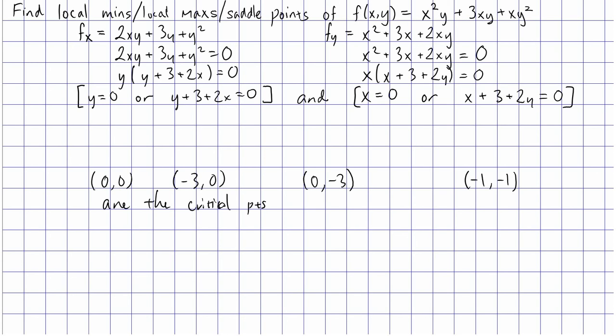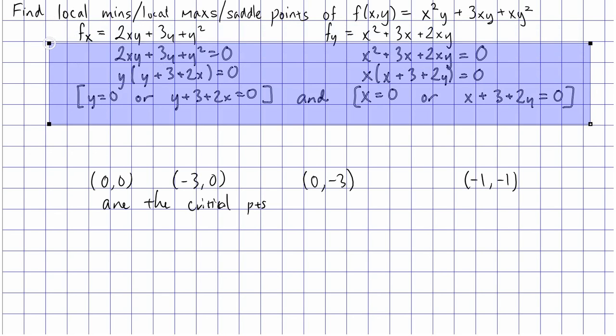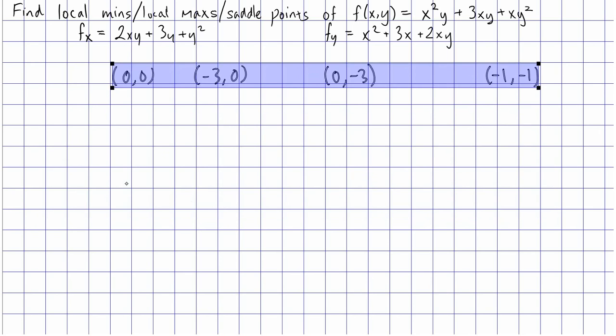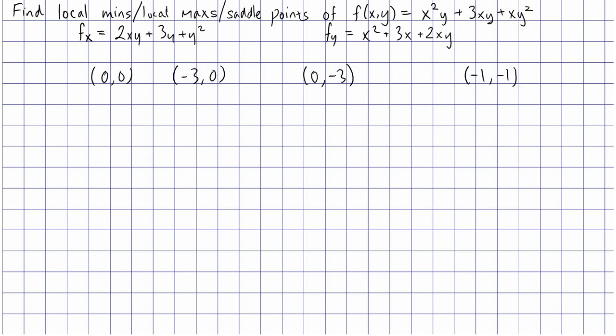And now our goal is to figure out what kind of critical points we have in each case. We're actually now done with the information from here, so let's get rid of this stuff. We're not going to need that anymore. And let's bring our critical points up here a little bit. Now, what we'll need to do is compute the discriminant or the Hessian. That's going to call for finding the partial derivative with respect to x a second time. So based on the formula for fx right there,